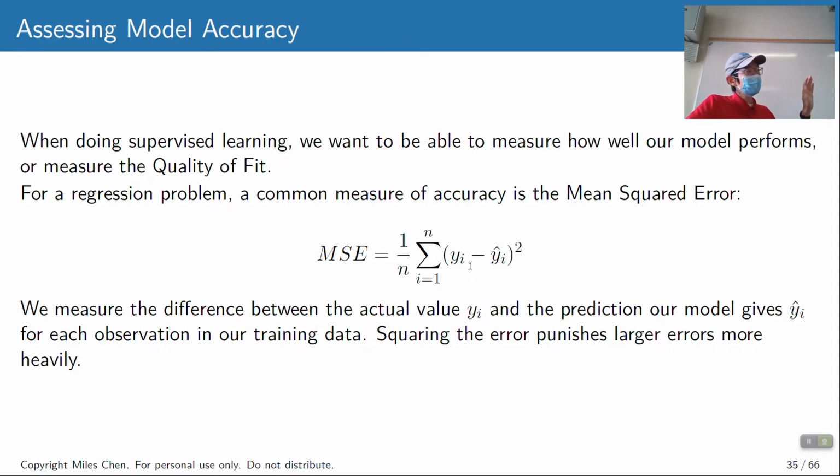So if you have 9 observations with 0 error, but 1 observation with 10 error, you square that 10, you get a total of 100. So your total squared error is 100, versus if all 10 observations have an error of 1, you square those and you get a total squared error of 10. And so squared error says those bigger mistakes are a bigger problem. And so that's why we see the phenomenon that outliers greatly affect least squares regression, right?